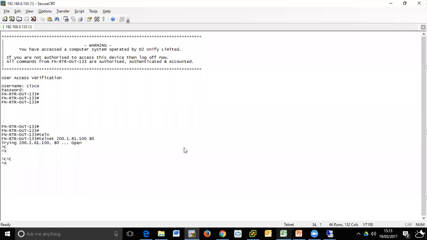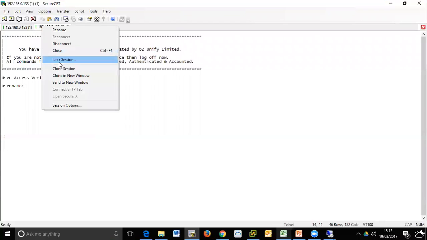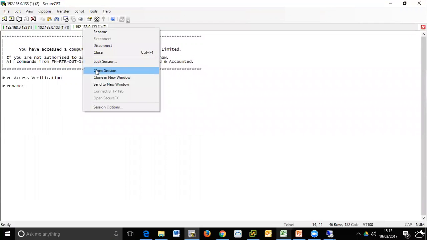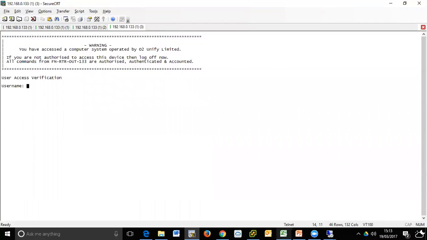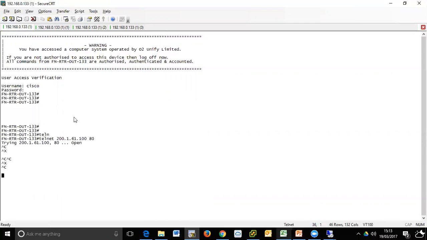Yeah, okay. So I was saying if you want to log in, you can open multiple sessions from here with the password of Cisco. Okay. So you can make multiple sessions from here. For example,